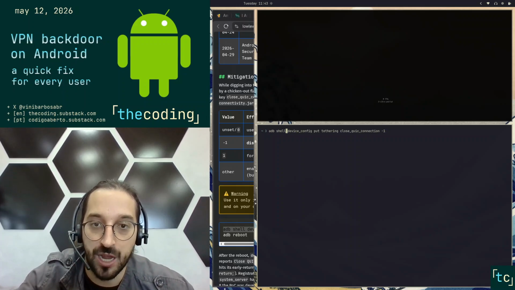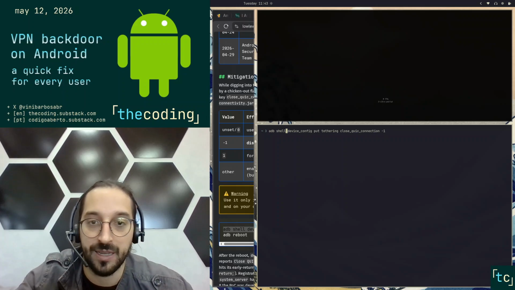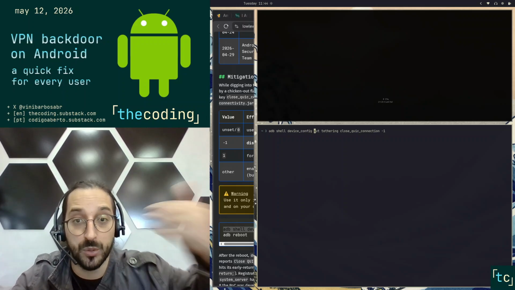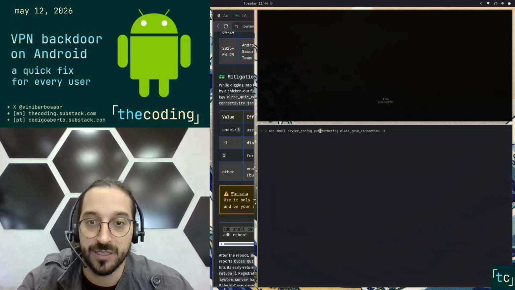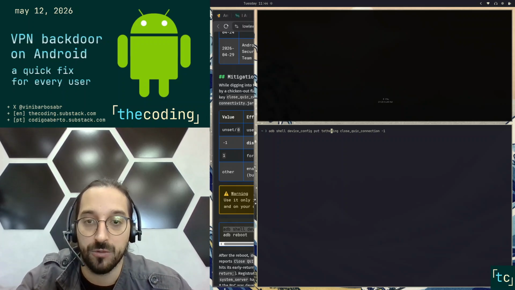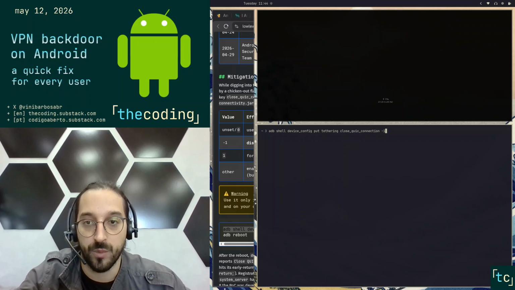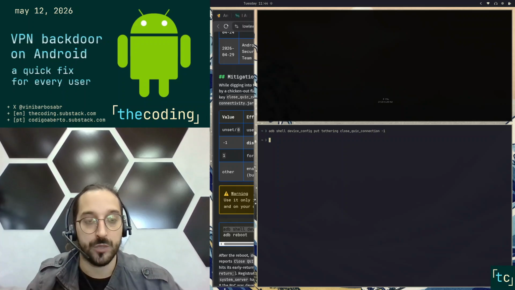You will use shell as the script language. You access the device config, and you will put the new configuration there using the tethering function and disabling the close quick connection. You will press enter here. It will apply the